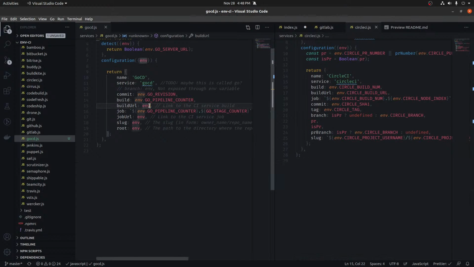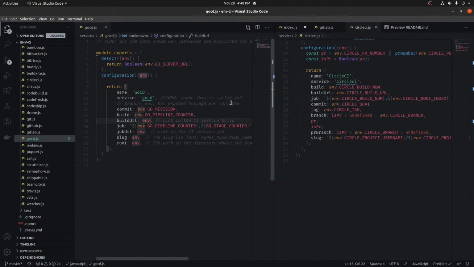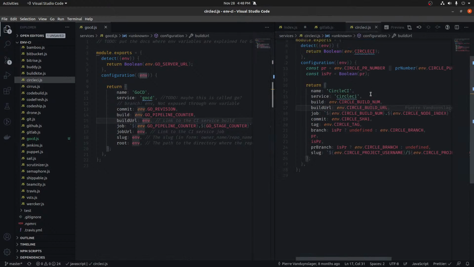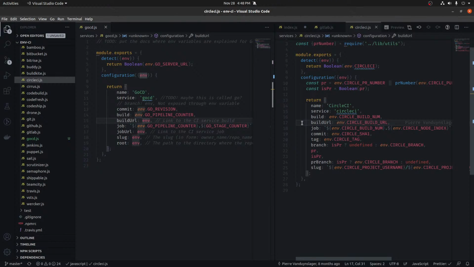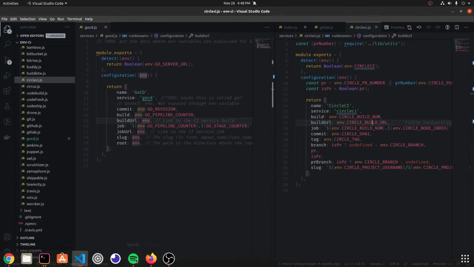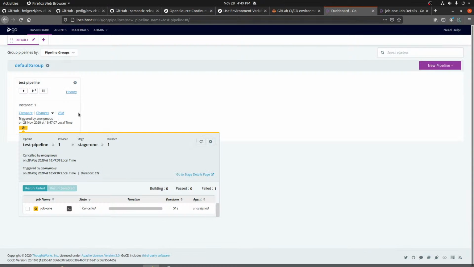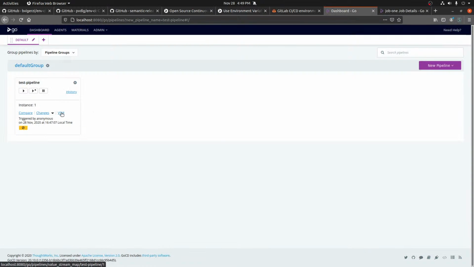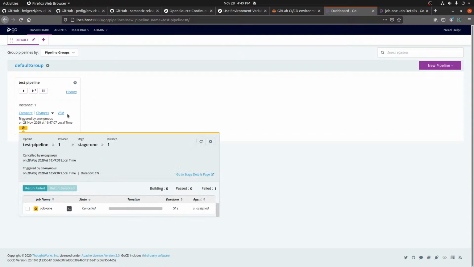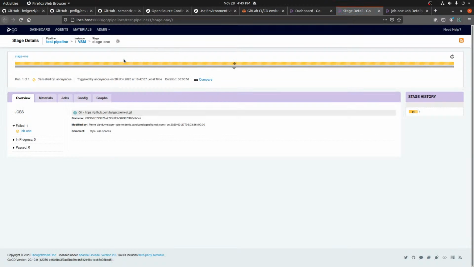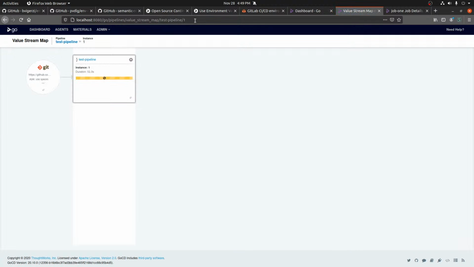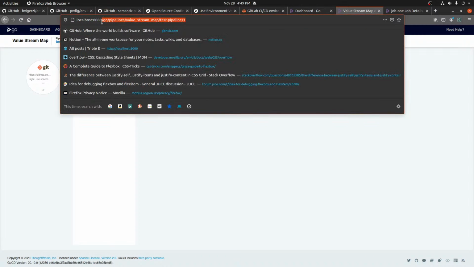Alright, so the build URL is a link to the CI service build. So this is linking to the actual build itself. So possibly we could do the VSM. I'm just trying to think, in the context of that, what makes sense? Because you don't want the console logs stage details, but this stage is the details. I think it makes more sense to be like a value stream. Because then this is this run. So run X is this. Yeah. So basically it would